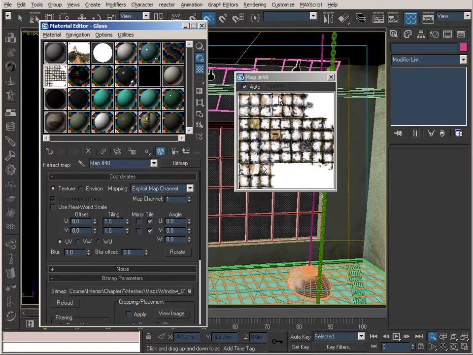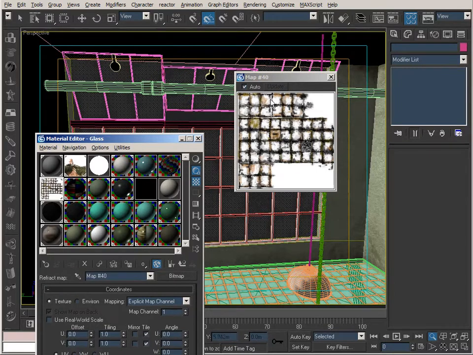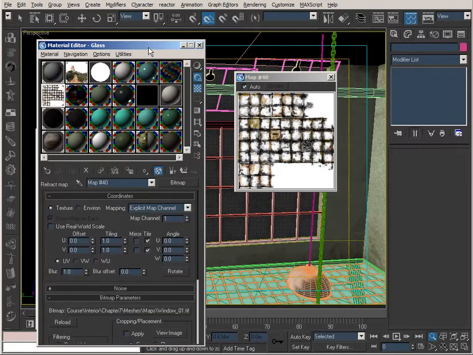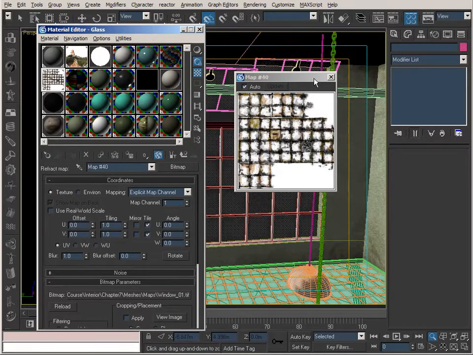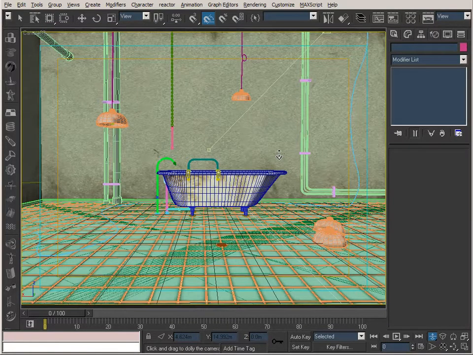piece of glass here, and then these three windows represent these three windows here, 1, 2, 3. So UV layouts are important when you're doing textures, but that's not the subject of this DVD. Okay. I had to go through several versions of textures to get the right look, but you're just going to be noticing